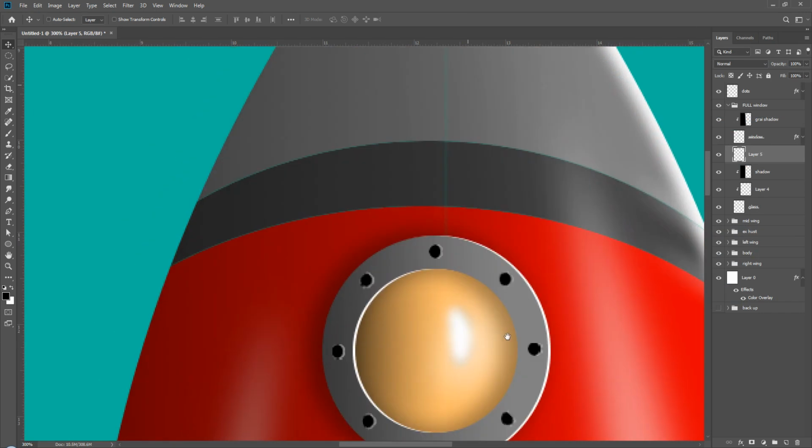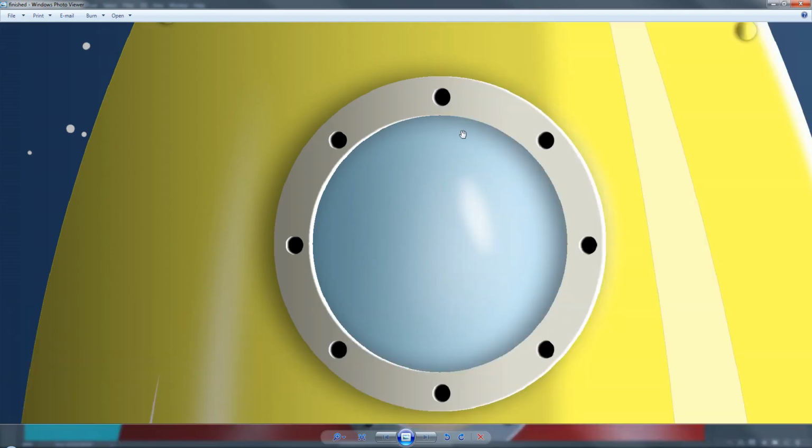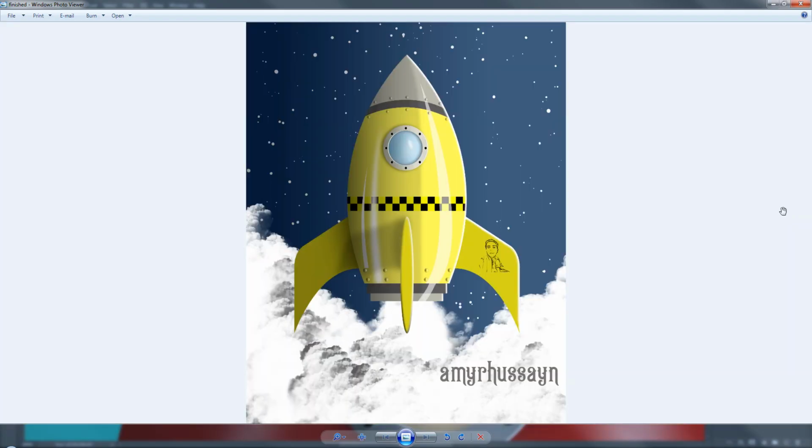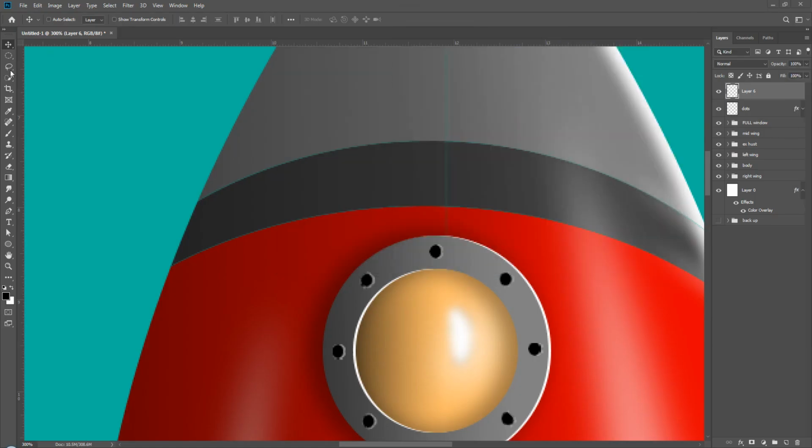Okay, let me make these dots here. Make a blank layer here. Oh, I did that. Okay, now I remember. Use this brush tool,